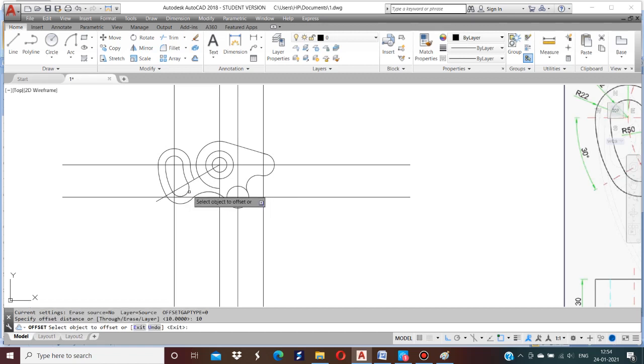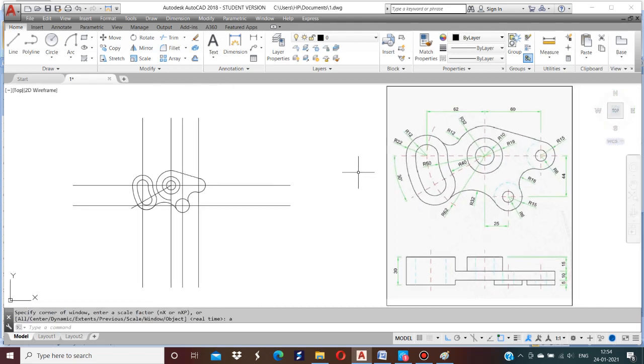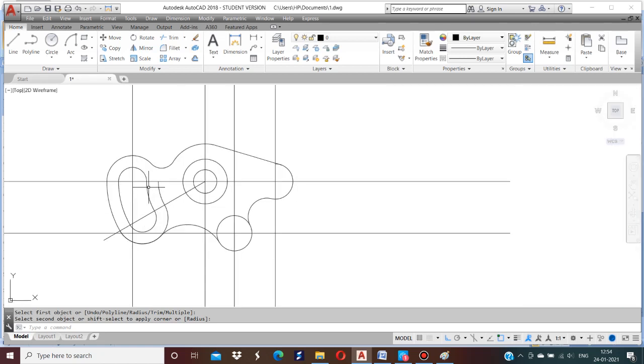Select this. Okay. Zoom extents all. Now here the radius R12 is given. Therefore fillet radius R12. Select this smaller circle and select this bigger circle, and you have an R12 radius. Okay. Now offset distance 10 mm.